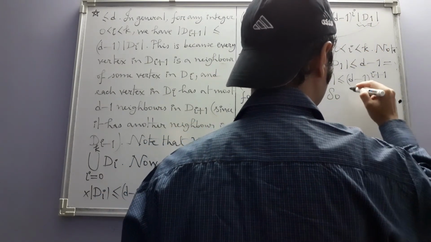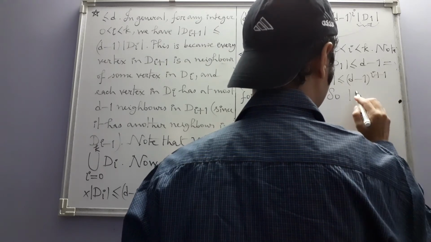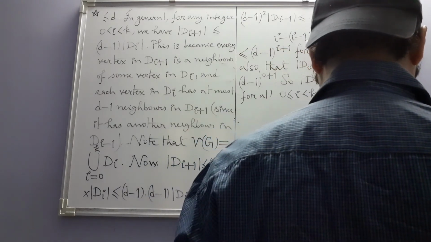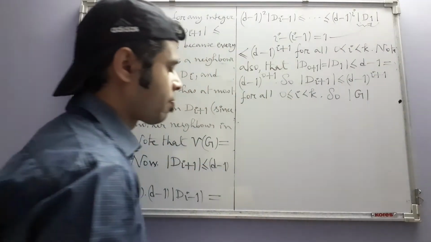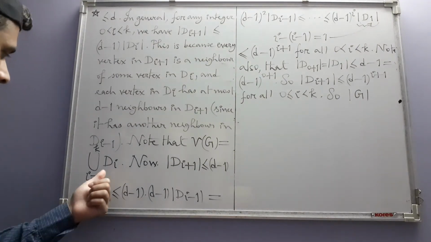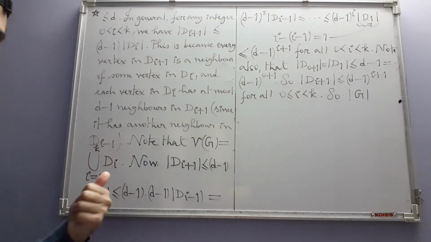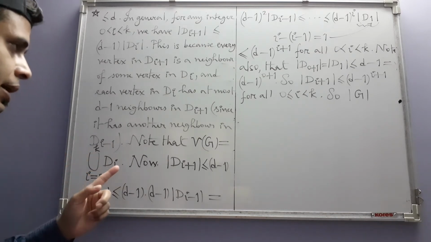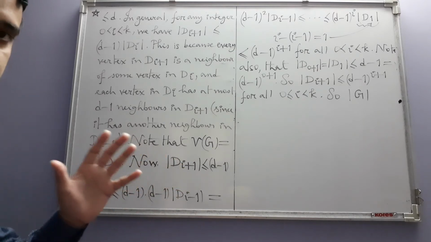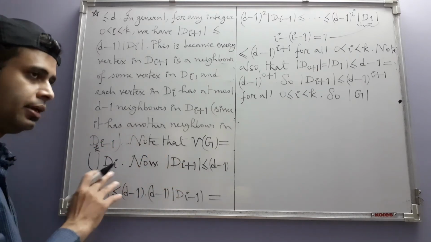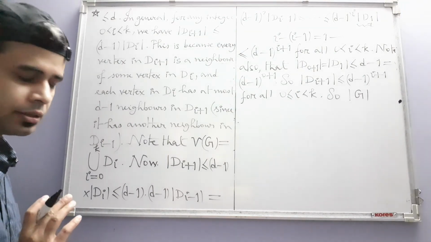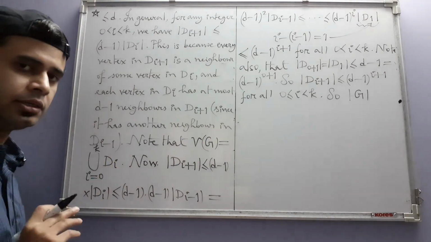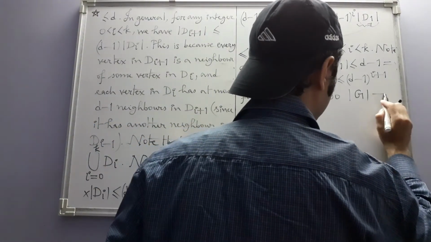So the order of G is equal to, note that this union is actually a disjoint union, because a vertex that is at distance i from that central vertex Z cannot be at any other distance from Z simultaneously. So each vertex in G belongs to exactly one D_i, and that is why this is equal to